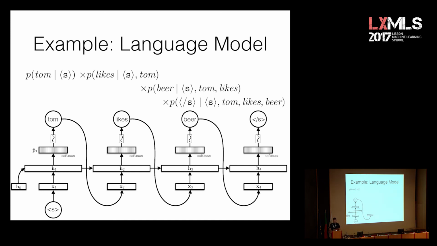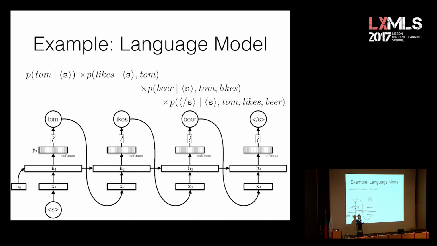So we're going to now embed the word Tom in our vector. It's going to be this lookup, and we're going to feed that into the RNN's dynamics, and we're going to compute a new hidden state at time 2. We're going to project it out onto the full vocabulary, and we're going to get a distribution over all the words in the language, and we're going to sample a word, say likes, and we're going to get the second